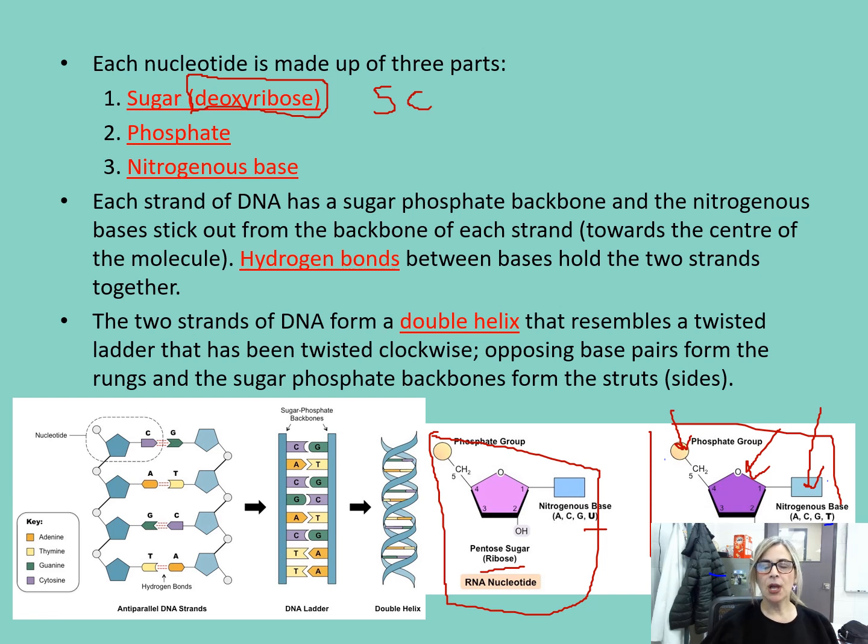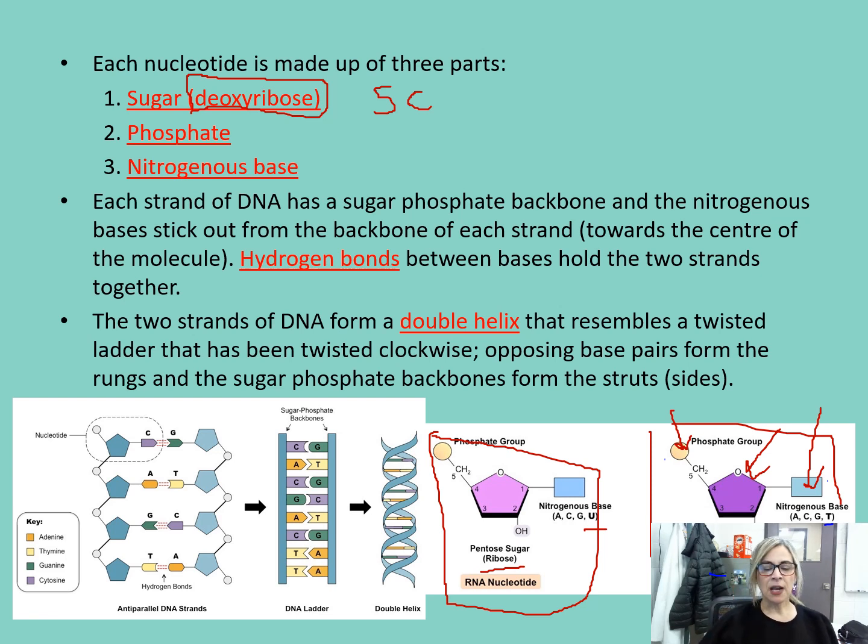You might remember back when we did Bio 20 that when we talked about monomers of carbohydrates, for example, that would be a monosaccharide, right? And when we talked about the monomers of proteins, that would be an amino acid, right? So it's the smallest unit of that particular macromolecule. So for DNA, because DNA is a macromolecule as well, the monomer is the nucleotide, which consists of those 3